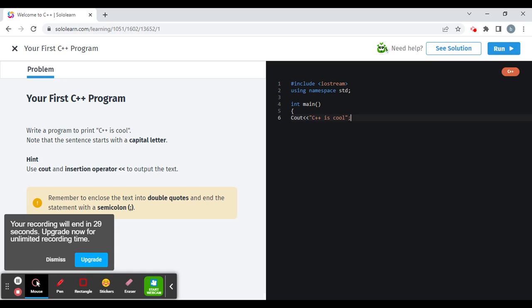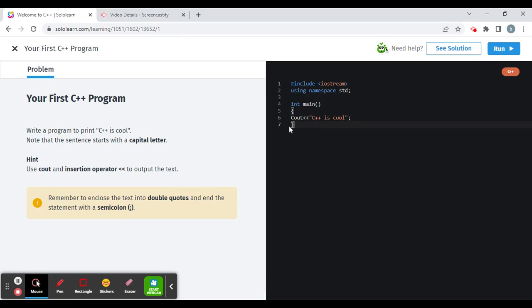And then a semicolon to end the statement, and let's close it. Usually you would put return zero.